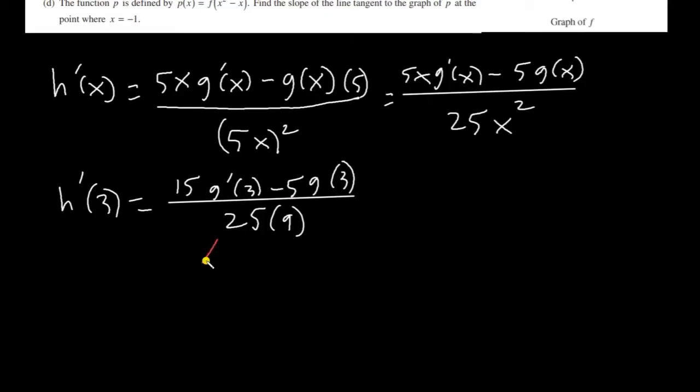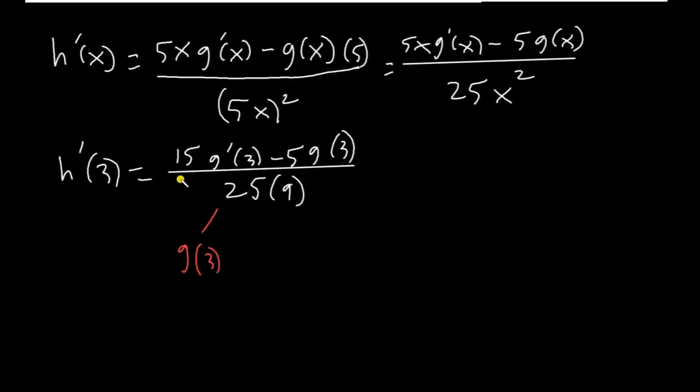Well, we know that g of 3, we know from part A that g of 3 is 9, right? And to figure out g prime of 3, well, we know that g prime of x equals f of x, right? So g prime of 3 equals f of